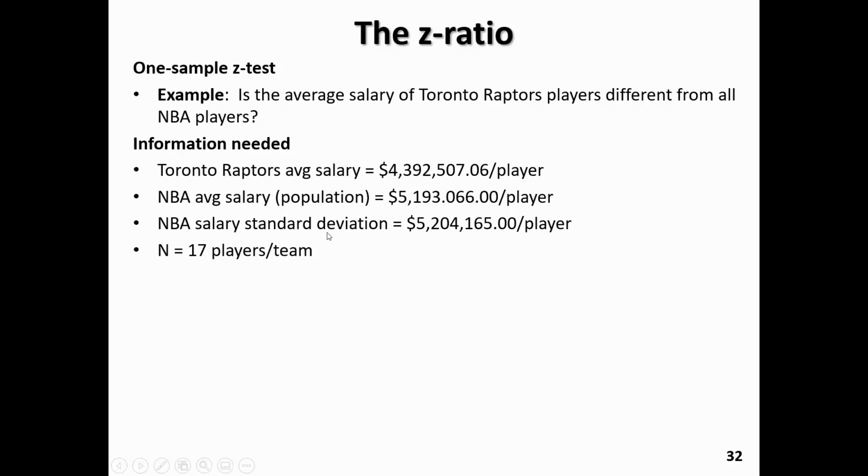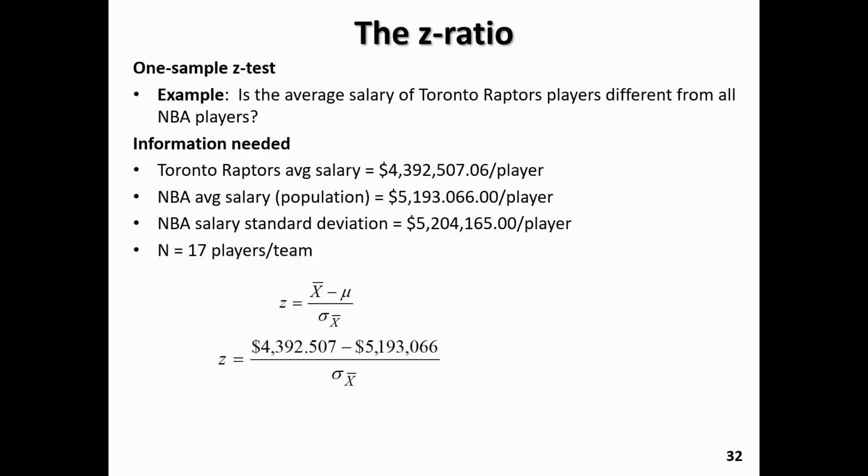We do need to know the standard deviation, which we don't always know, but in this case, we do happen to know the population standard deviation, and of course, the sample size and the number of players per team. That's reflective of the Toronto Raptors. So knowing that we're going to do the z-test, we're going to start with the standard equation for the z-test